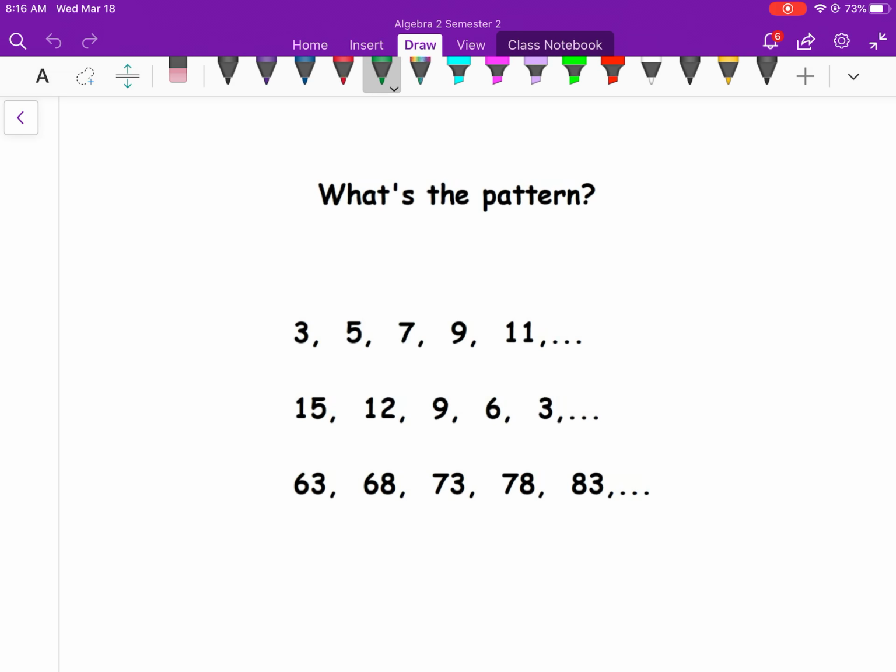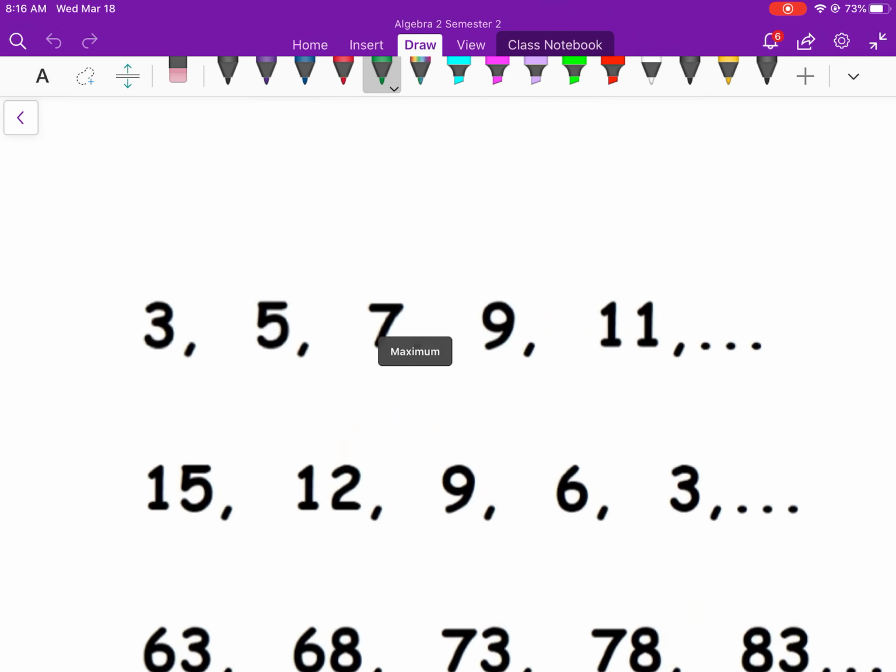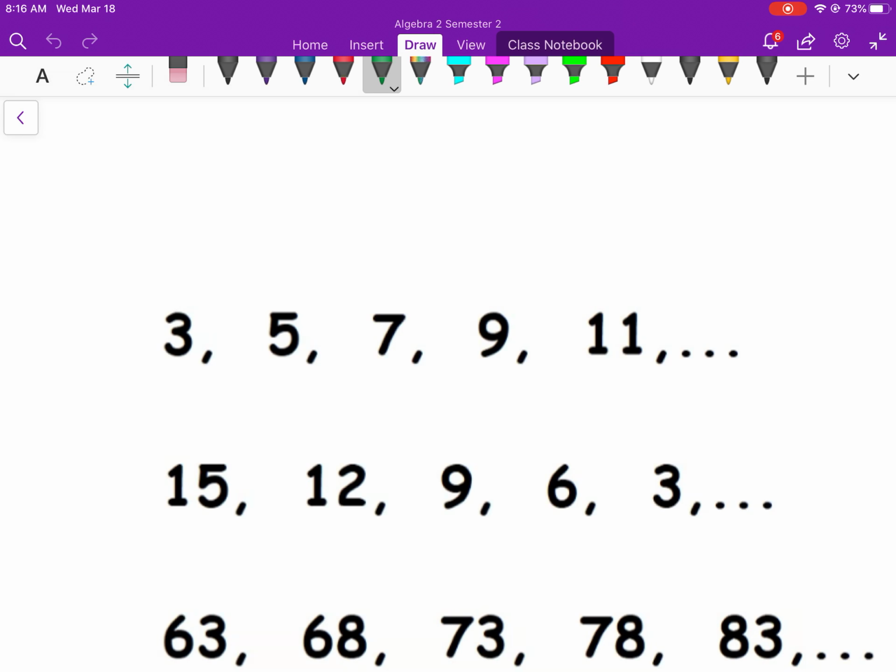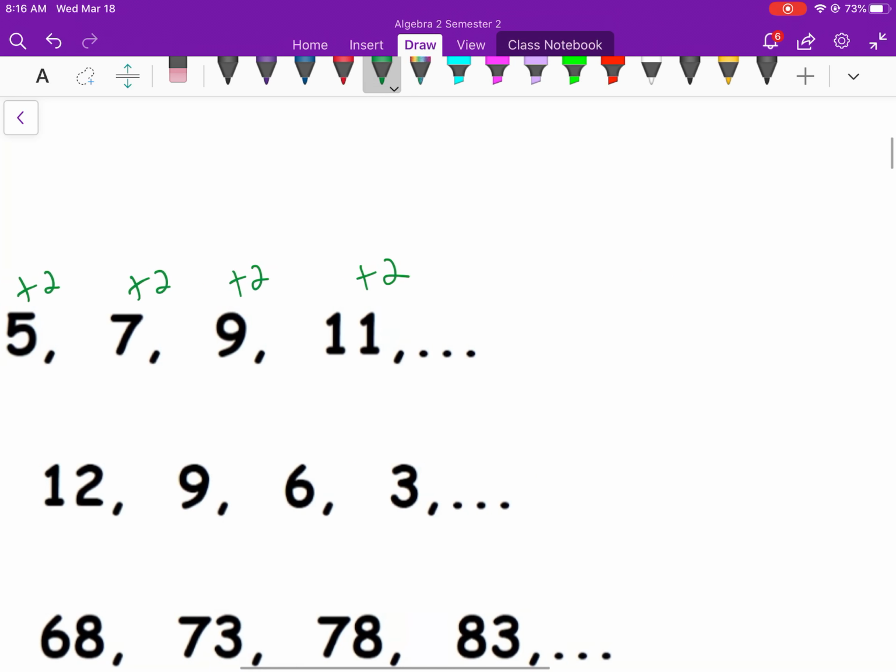To start off, we're going to look at figuring out what the pattern is, and let's find the general rule for these given sequences. We look at the first one, 3, 5, 7, 9, 11. I noticed the pattern: we're just adding 2 to get to the next term. So when we write this,